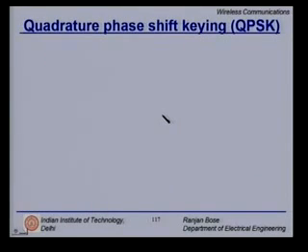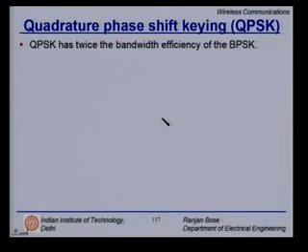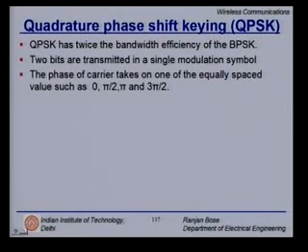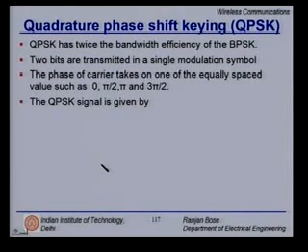Now let us look at the big brother of BPSK, which is the QPSK, or quadrature phase shift keying. QPSK has twice the bandwidth efficiency of BPSK, so we are actually going to send 2 bits per symbol as opposed to 1 bit per symbol in BPSK. The phase of the carrier takes one of the equally spaced values 0, pi by 2, pi and 3 pi by 2. The QPSK signal is given by